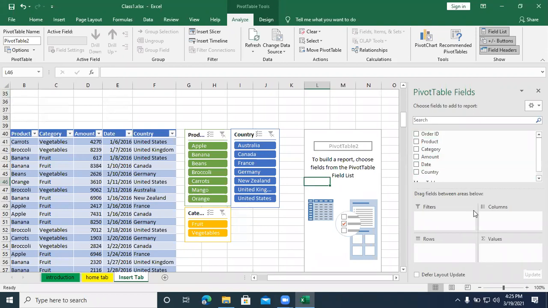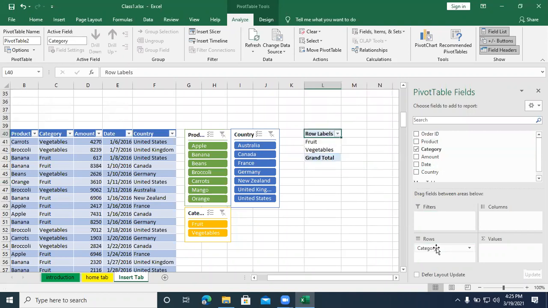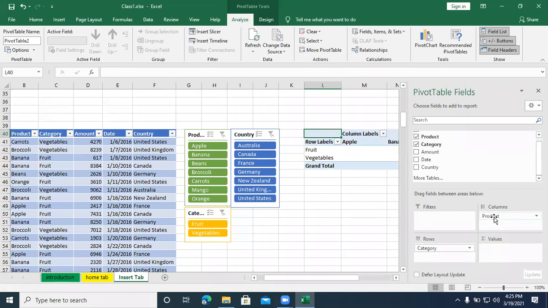Now, all of you can just use it. I just use the category under the rows, product, or we just take product also under the columns, which reverse it.